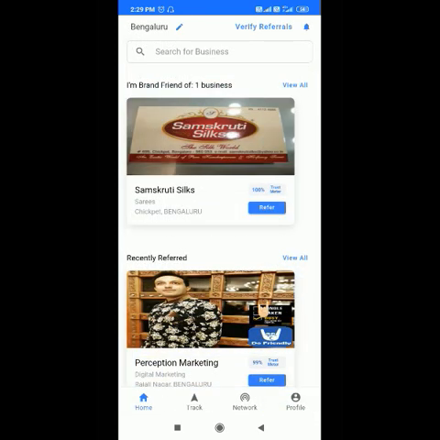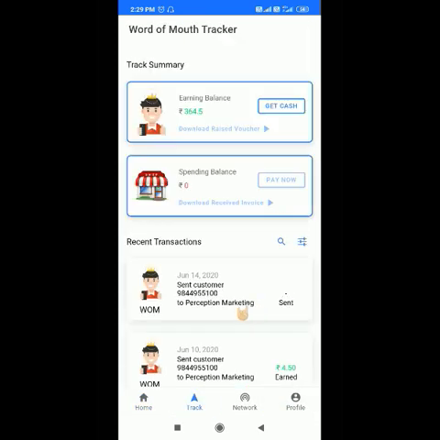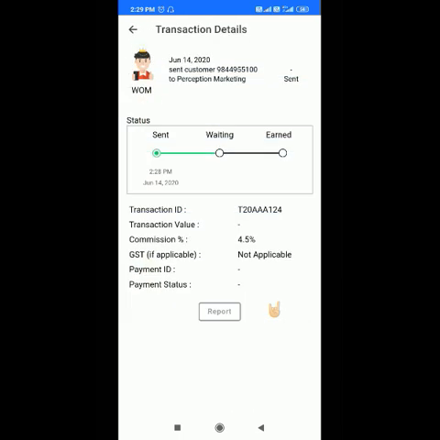in your Track button. Here you can see on June 14th, sent customer to Perception Marketing. If I click search, you can see this customer has been sent. Right now the customer has not yet gone to that premises.